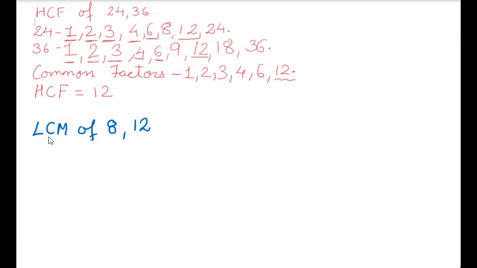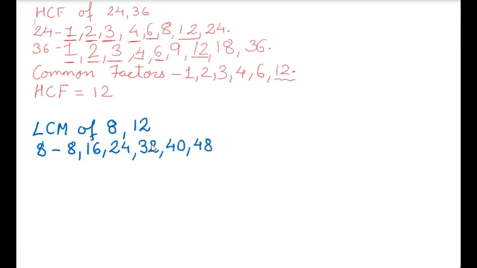Now what is LCM? LCM means what? Least common multiple. It means you have to write multiples of both of them. Here, if I take 8, then what will be 8's multiples? It means 8's table in short. 8 ones are 8, 8 twos are 16, 8 threes are 24, 8 fours are 32, 8 fives are 40, 8 sixes are 48, 8 sevens are